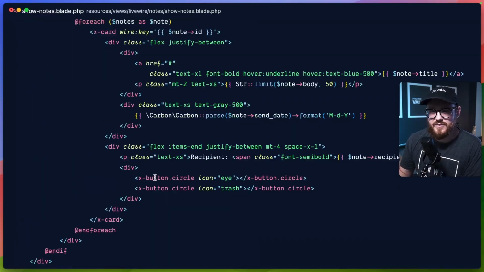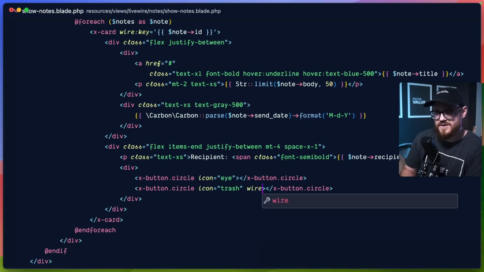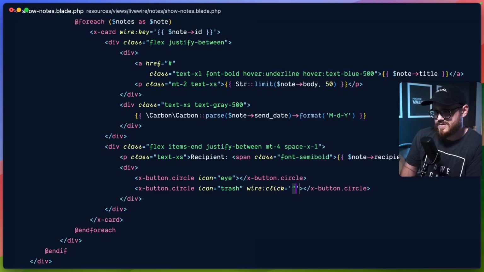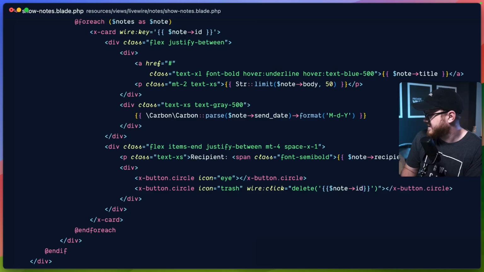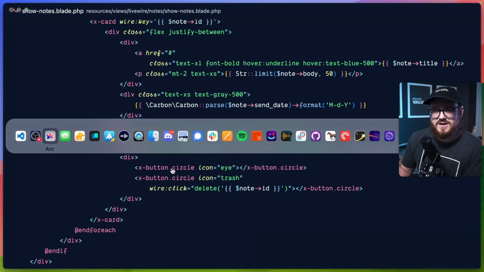But for now, if we were to wire this up, the trash button is wire:click equals delete. This is where we actually need to have some double quotes because of what we're going to be passing in. Delete, and then we'll pass in note ID. So that should be good to go. If we were to pass this in,